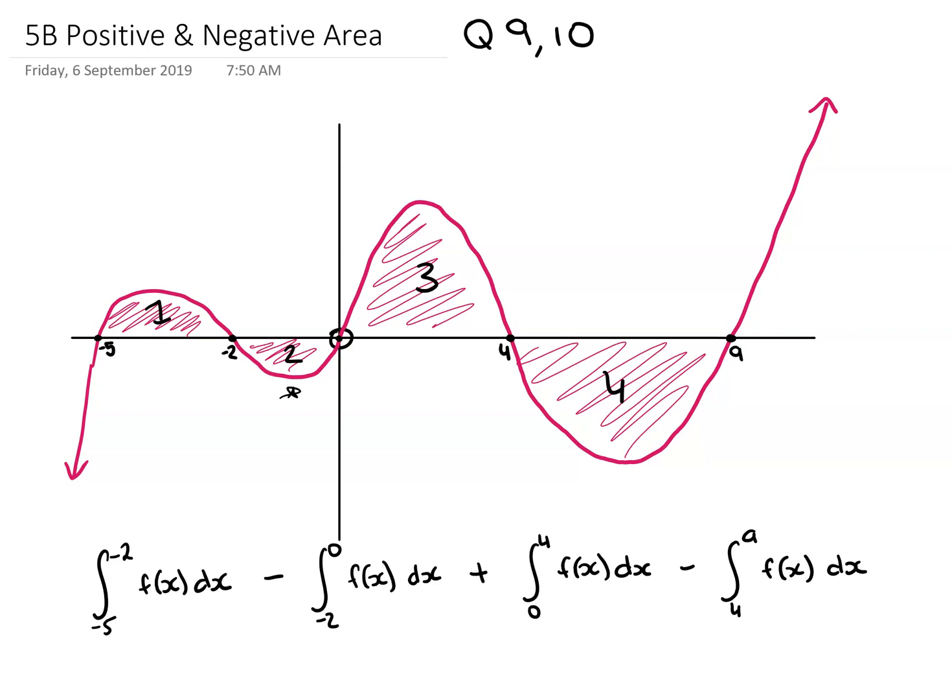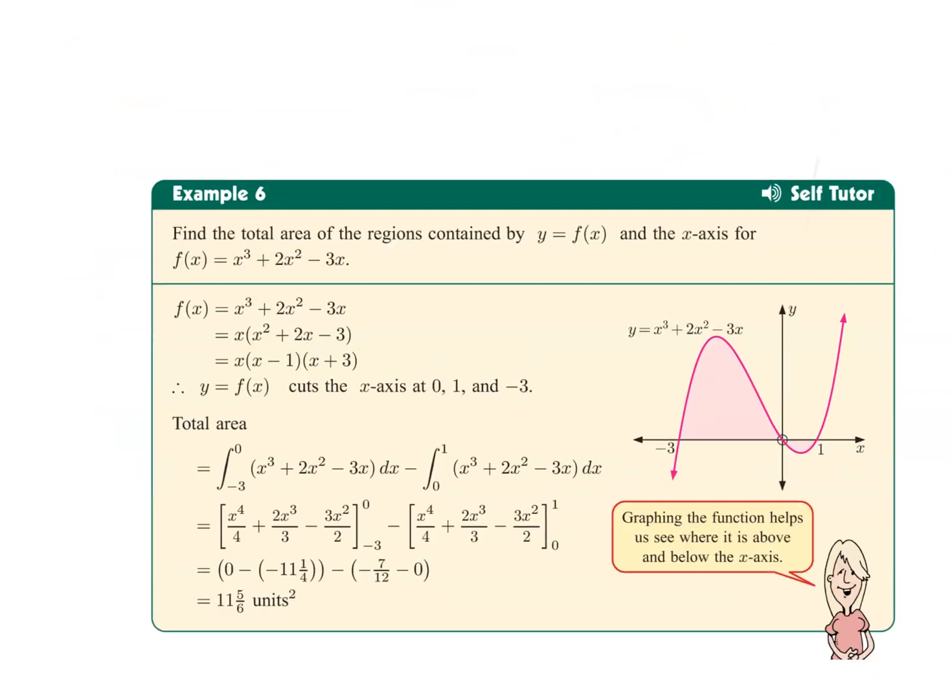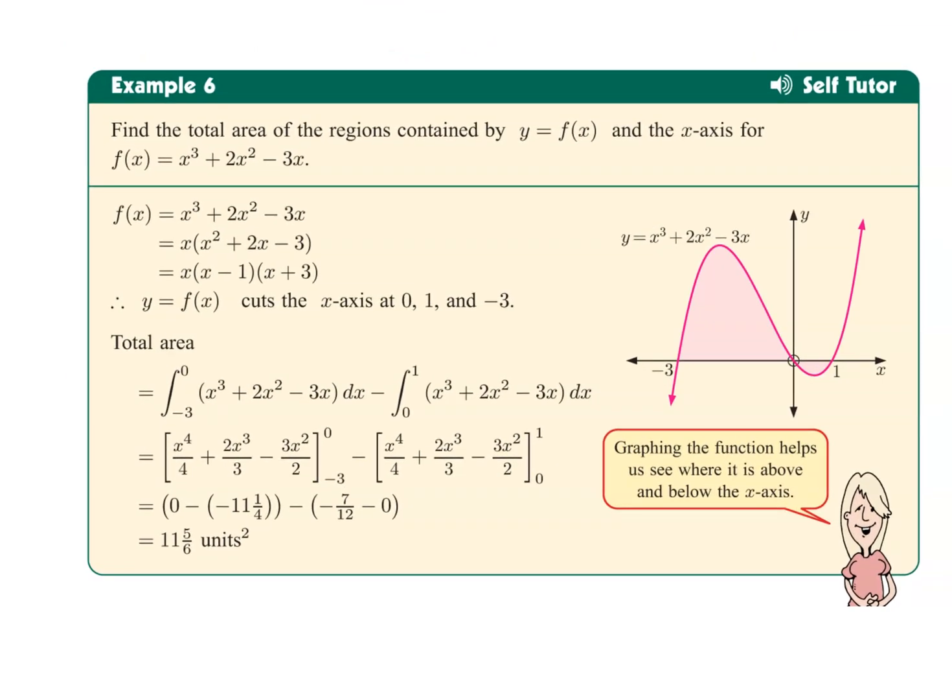Having a look at this with an actual equation now, in an example from the textbook, number 6. So they've given you an equation. The first step is to factorize and find the places where it crosses over the x-axis. And then they've broken this up into, so there's 2 areas between -3 and 0. And then because the second area is negative, they have subtracted it to counteract that. And so what ends up happening is you get these 2 negatives in here, which end up adding. So the final answer is 11